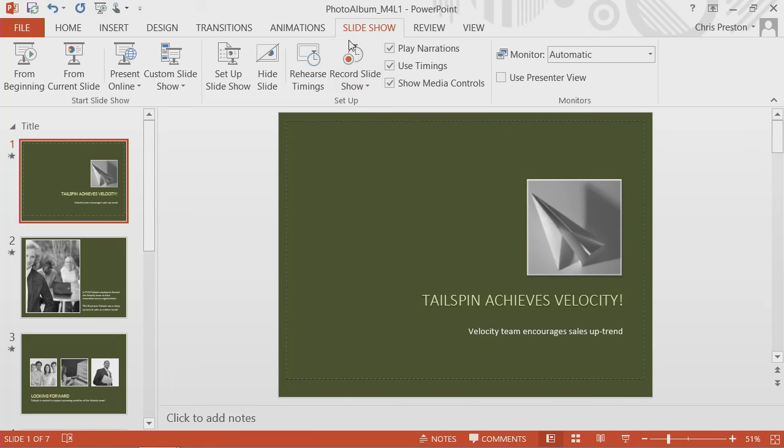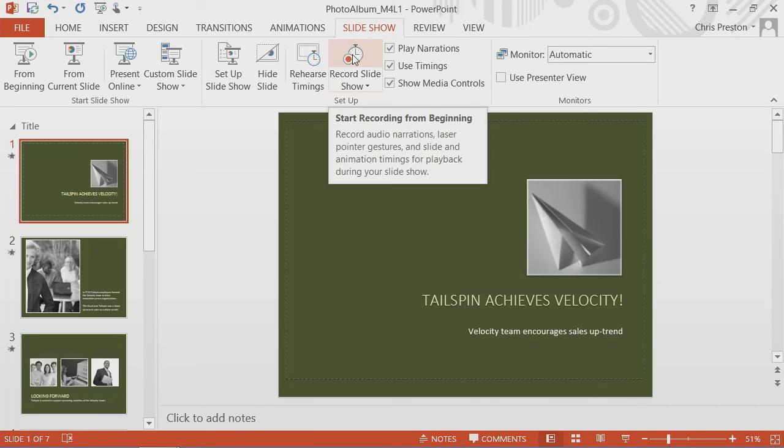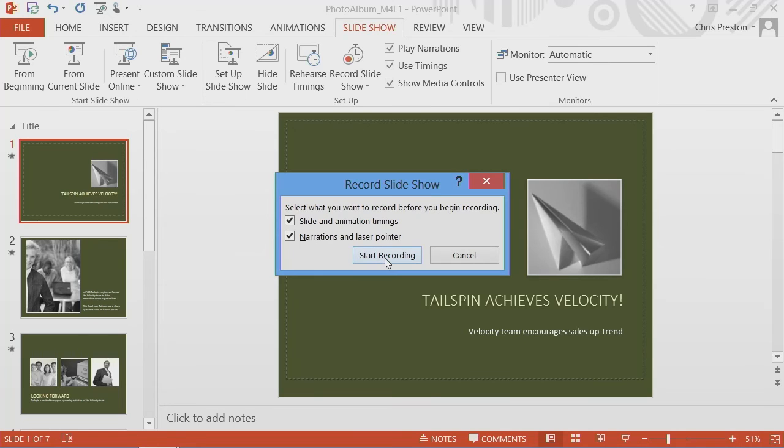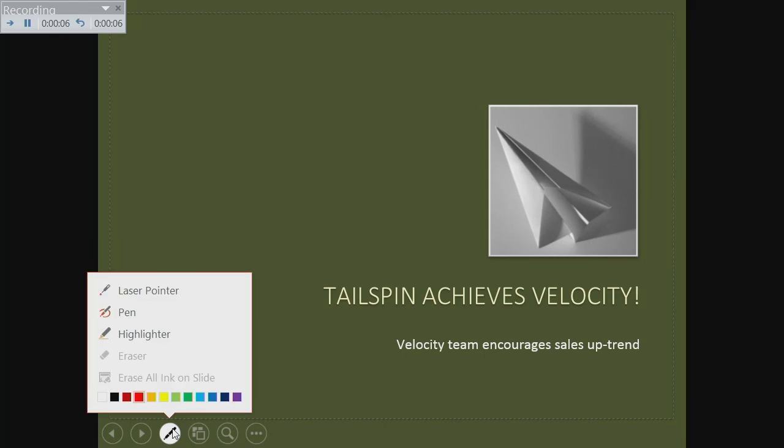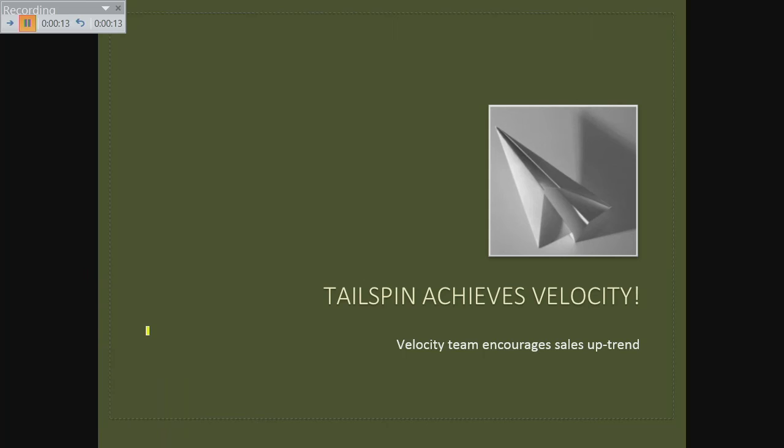Let's take a look at what you can do once you're actually in the presentation. So I will try recording. And notice we have an option to record narrations and laser pointer. So what that allows me to do is once I'm in the presentation, if I activate the pointer here down at the bottom, I can actually mark up the slides. We'll use a highlighter because it's going to be easiest to see, except I think I'm in yellow. I can mark up the slides,